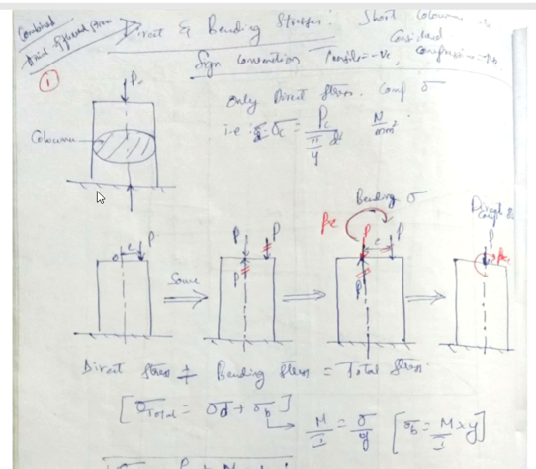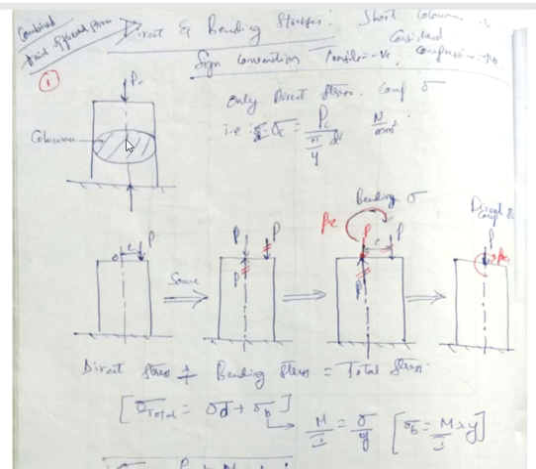See, if I consider a circular column having cross section of A, and if I apply the load, columns are usually designed to withstand compressive load. Whatever beams are subjected to load, those beams will transfer the load onto the columns. So usually columns are designed to withstand compressive load. Now if I apply the compressive load exactly at the central axis of the column or neutral axis of the column, then the column will be subjected to only compressive load.